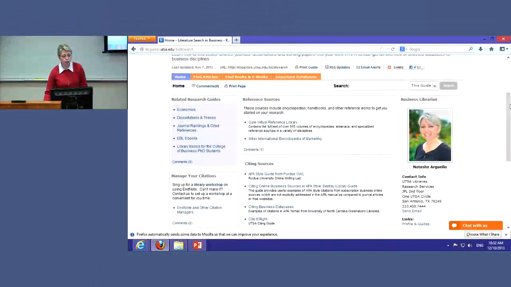So on the first page you can see a couple of links to reference sources. Gale Virtual Reference Library is a collection of over 900 different reference subject encyclopedias. So when you start your research project, it's a good place to check out and see if there is an overview of a topic. It's like a library Wikipedia, so it should give you an idea about the timeline of an issue, who the major scholars were who worked there, the seminal works, concepts that should help you with your